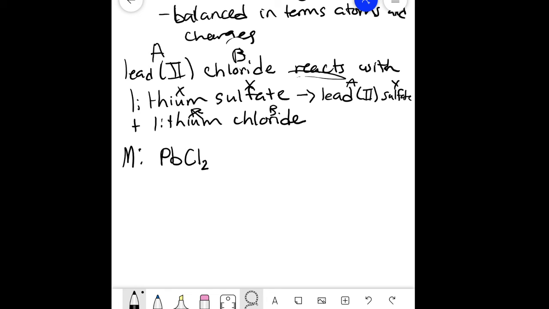And if you look on the solubility rules, you see that lead chloride is solid, and then it's going to react with lithium sulfate, because again, 2 plus, 1 plus, or 2 minus, 1 plus, which is aqueous, and that is going to lead to